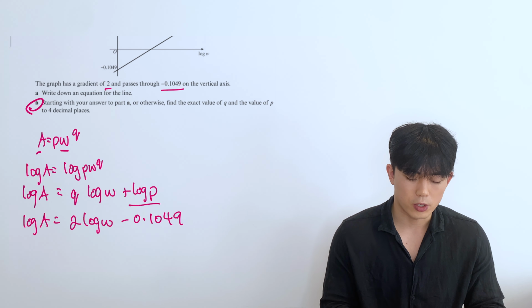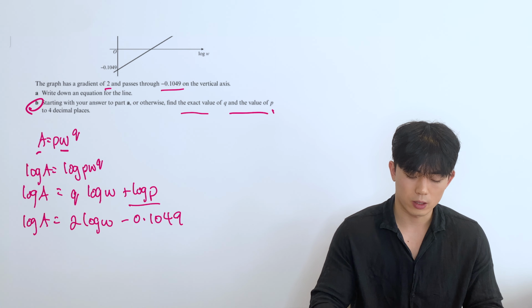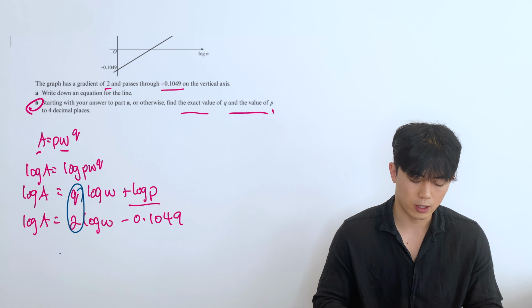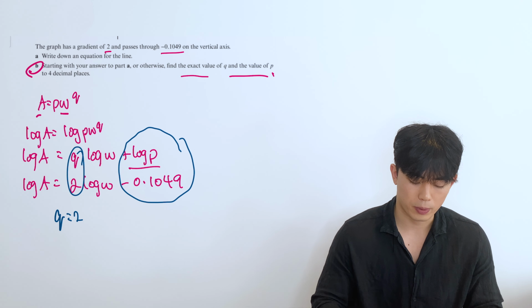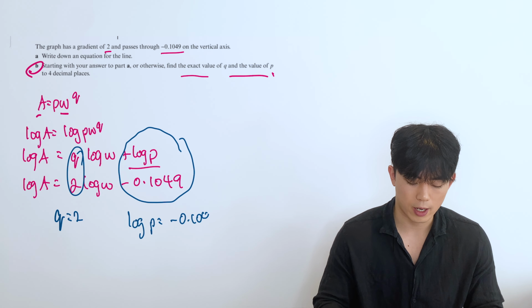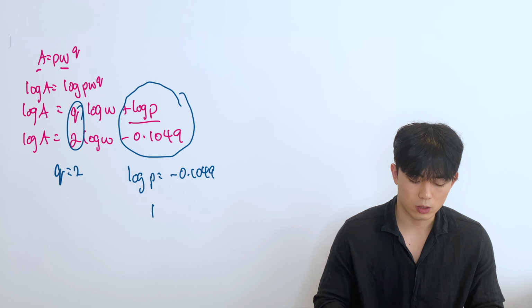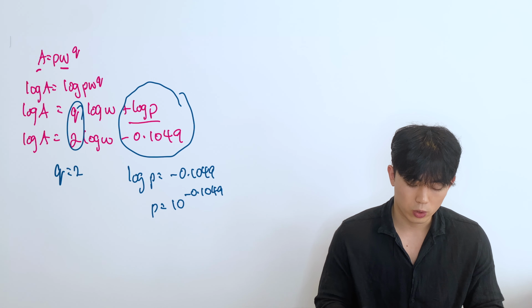B. Starting with your answer to A, find the exact values of q and p. Well, as we just said, q is just 2, right? So that's easy. And log p is equivalent to this here. So I can say that log p is equal to minus 0.1049. Therefore, p is equal to 10 to the power of minus 0.1049, which will give me a value of